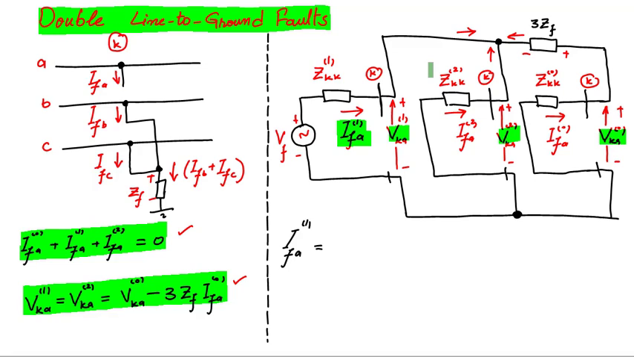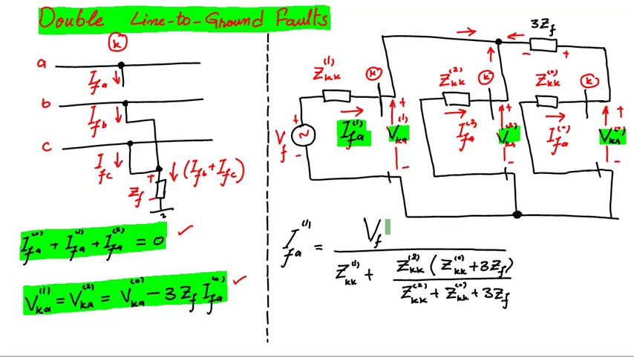So we can write it as Vf divided by positive sequence impedance in series, the parallel combination of these two branches. The zero sequence branch has 3 ZF in series with zero sequence impedance. So this is the parallel combination of these two branches. After calculating IF positive sequence, the IF negative sequence and IF zero sequence can be calculated by using current